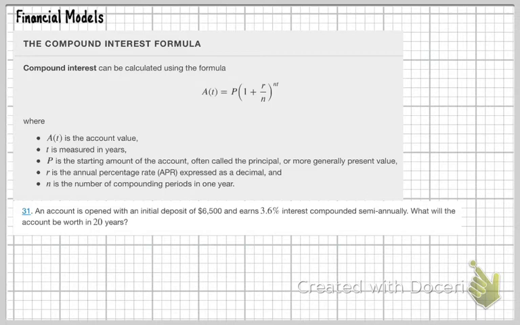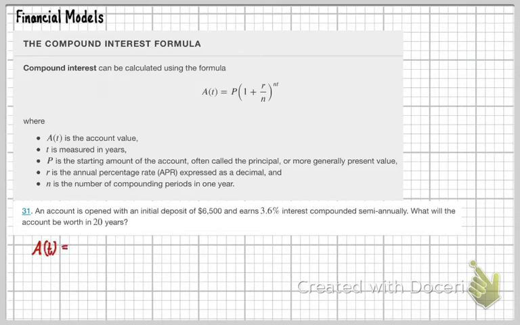It says an account is opened with an initial deposit of $6,500 and earns 3.6% interest compounded semi-annually. What will the account be worth in 20 years? So we're just going to follow this formula here. So this account here,